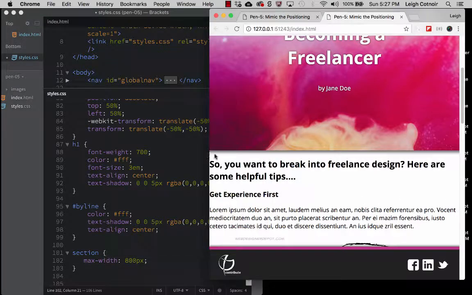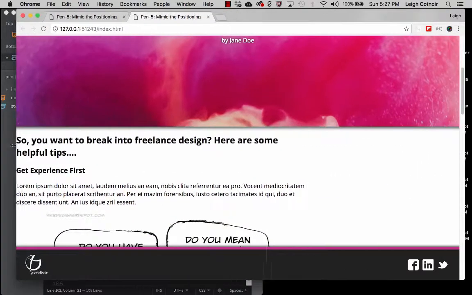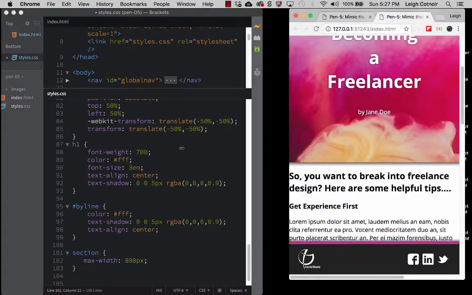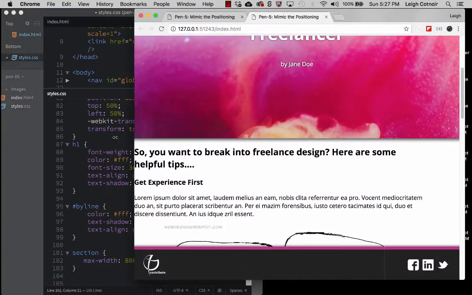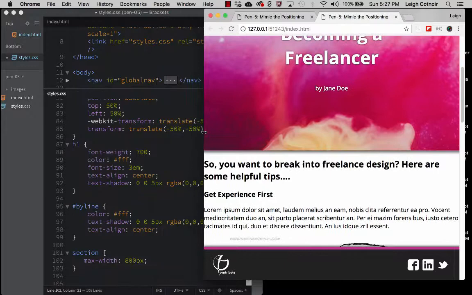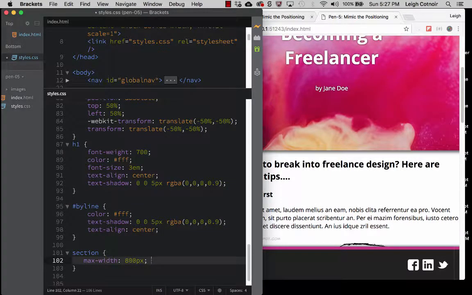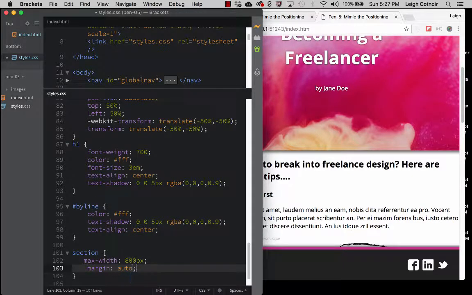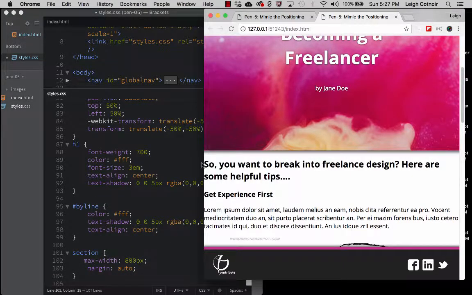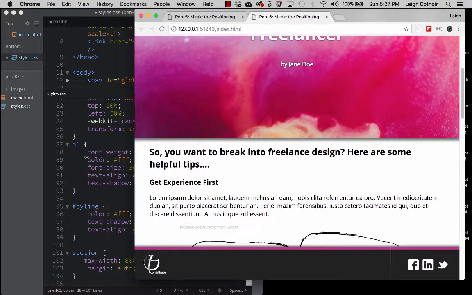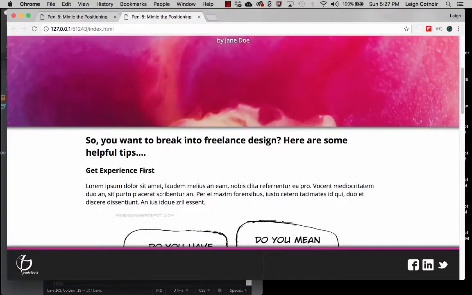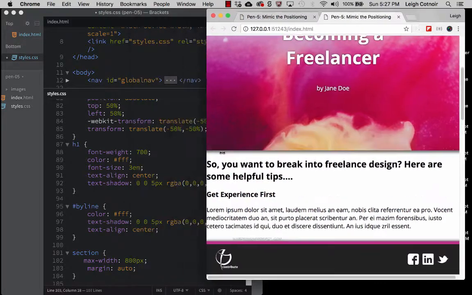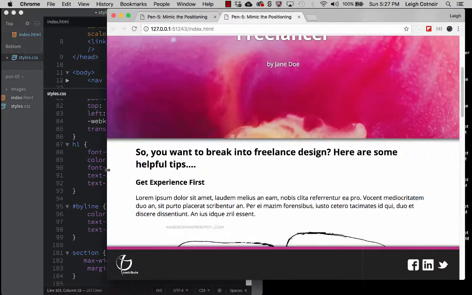And then if I come over, you see that it'll scale for me, and it keeps scaling until it hits 800 pixels and then it stops scaling. So I can just do max width, and then I can go over here and say margin. Let's just do auto for everything all the way around. All right. And then you see that whenever the max width kicks in, it starts to go